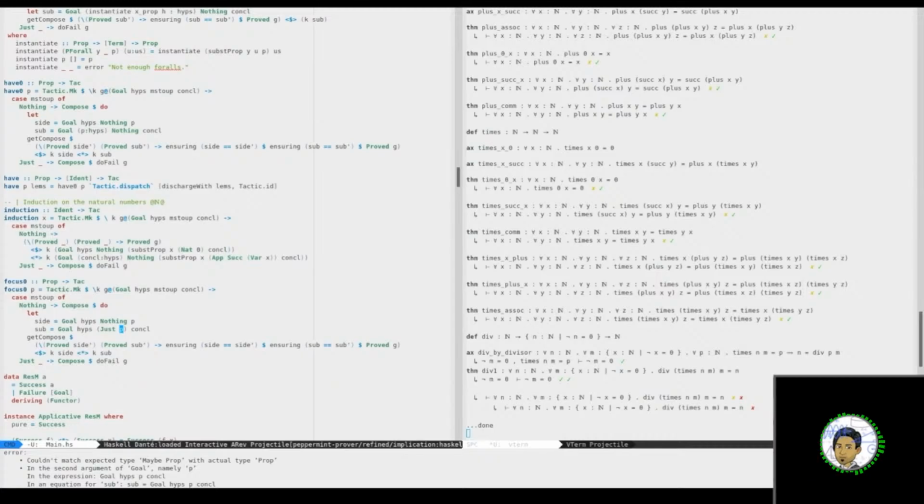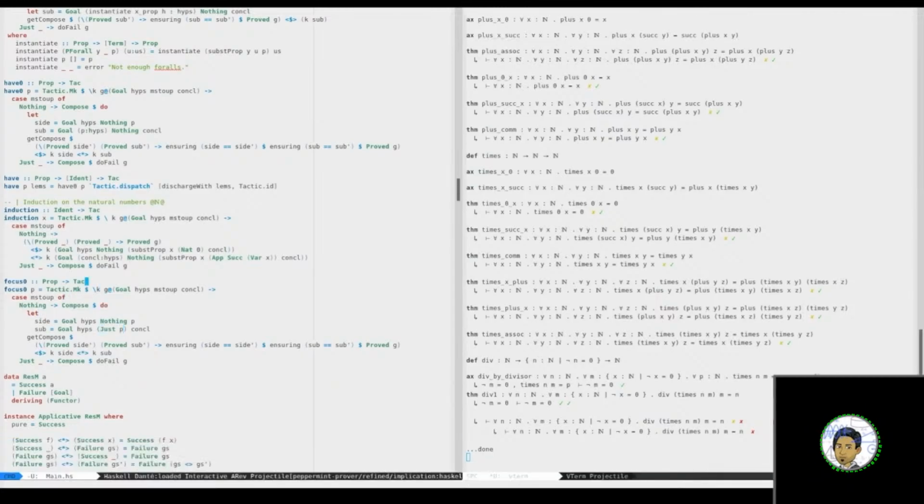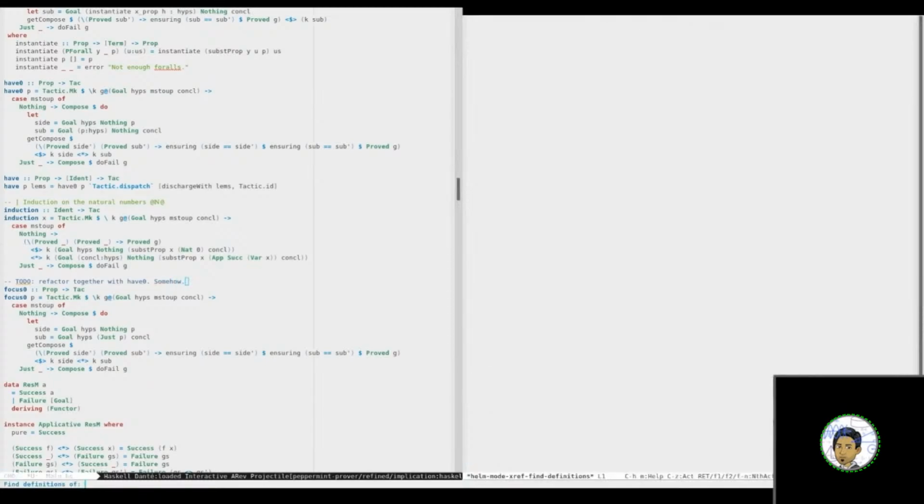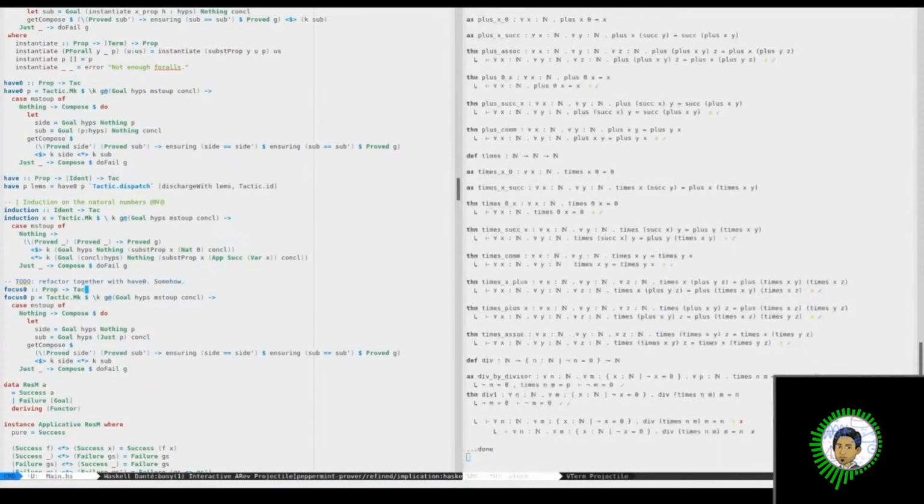And this is really it. That's a very small difference. To factor together with have 0 somehow. No definition finding for me today. Okay. And now I do focus, which again,